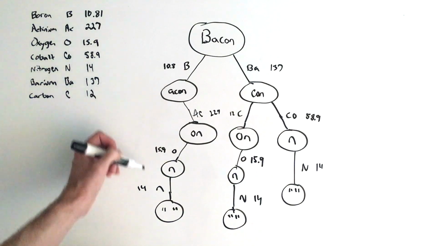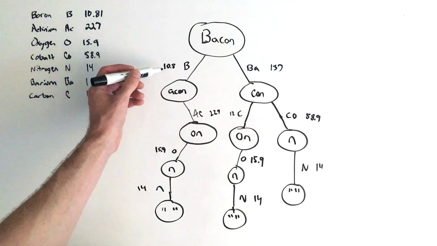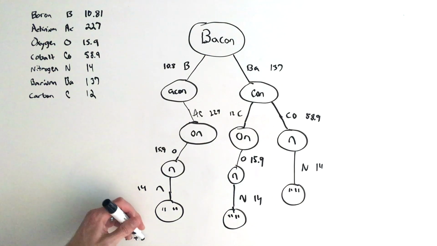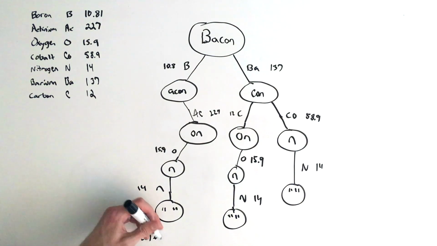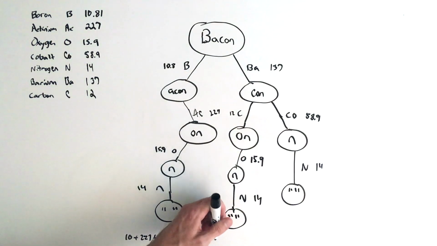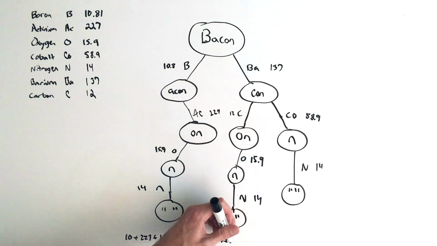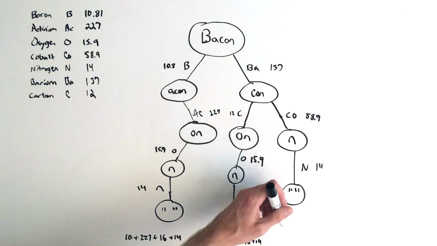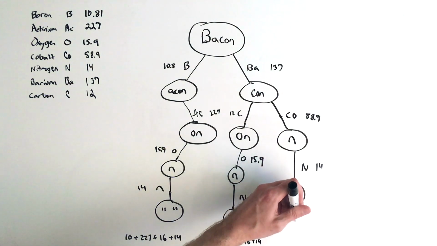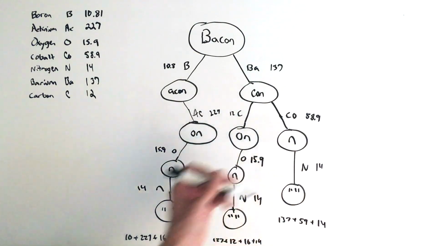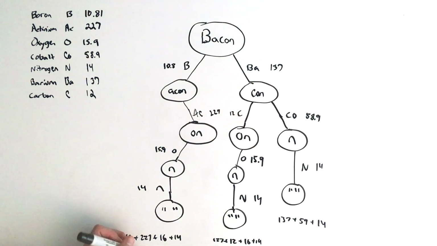I'll do this roughly, not exactly. So I'll say 10 plus 227 plus 16 plus 14. This path we have 137 plus 12 plus 16 plus 14. And then this final path we have 137 plus 59 plus 14. So this one, if summed up, we get roughly